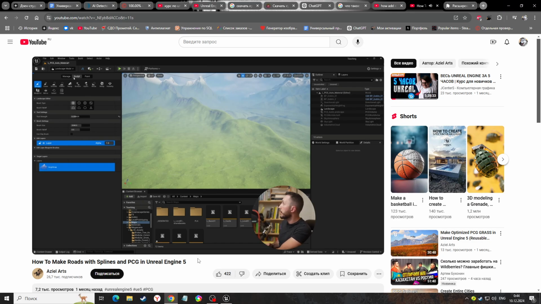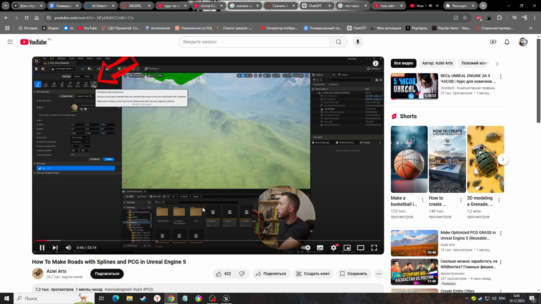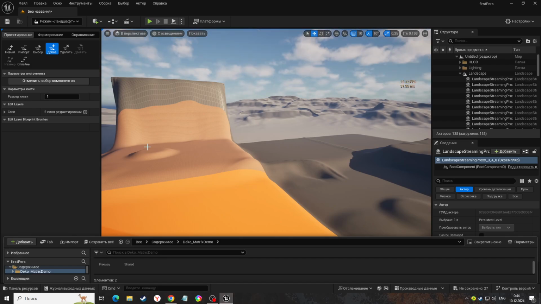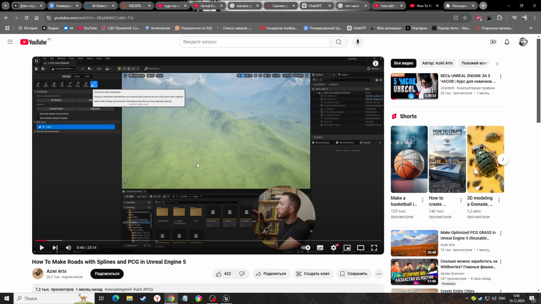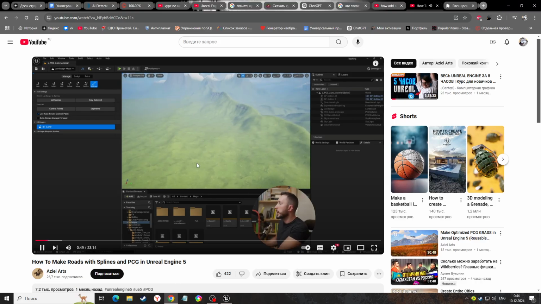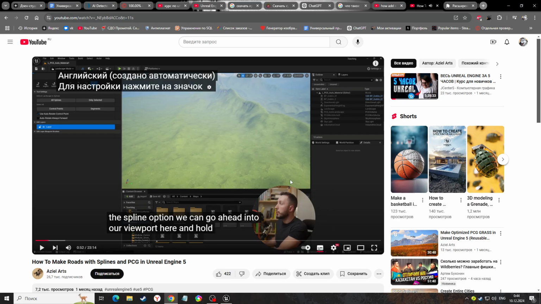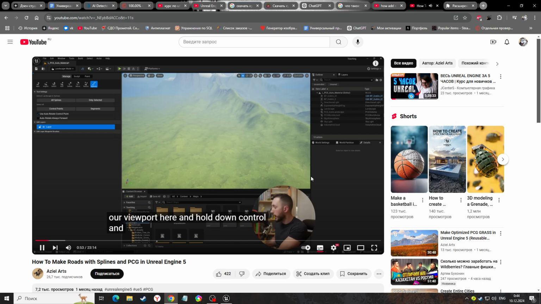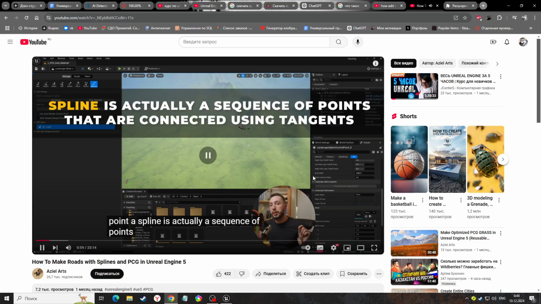anything else except come here to the Manage tab, and under the Manage tab you should see a spline option here. Once we've chosen the spline option, we can go ahead into our viewport here and hold down Control and click to create our first spline point. A spline is actually a sequence of points that